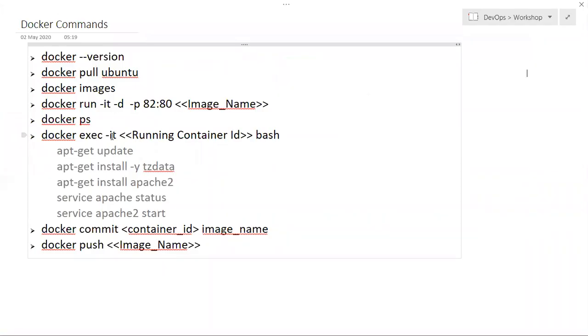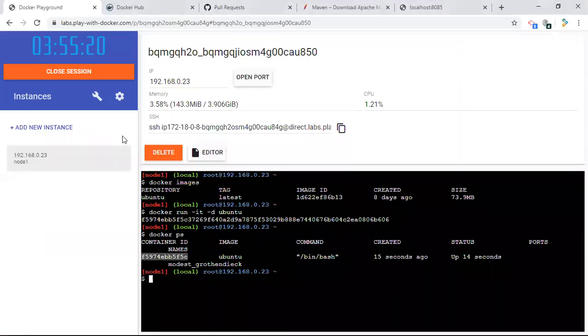Next, I'm going to execute the container. Assume I went inside the Ubuntu operating system, inside a virtual machine, where we can install whatever we want. So now I'm going to execute that container.